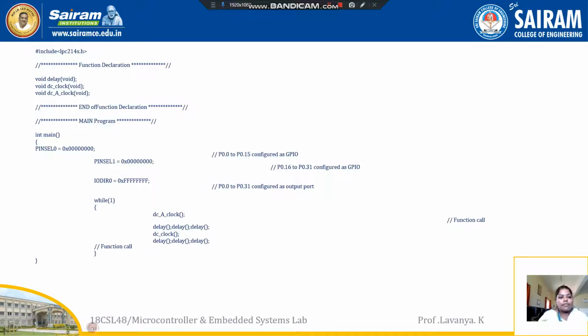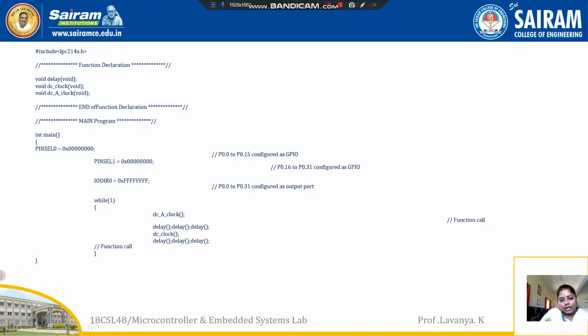Here in this program I have taken pin selection 0 as well as pin selection 1. For pin selection 0, I have taken the 32 bit address in GPIO port 0. I am not using the GPIO port 1 address here.